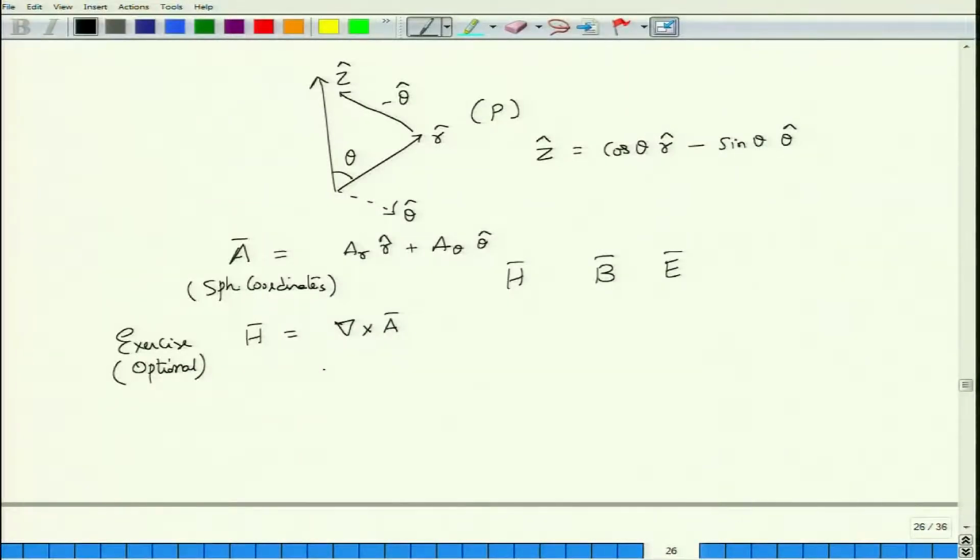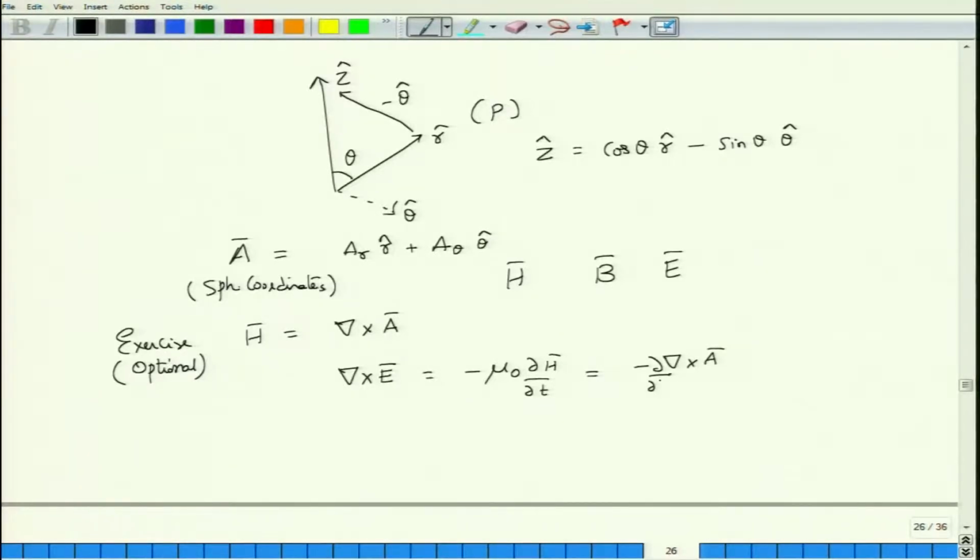Okay. In the remaining few minutes, what I would like to do is to relate this electric field E to the magnetic vector potential A. How can I do that? Well, we begin by going back to the equation which connects electric field to magnetic field: del cross E is equal to minus mu naught del H by del t. But I know that H can be written as del cross A by mu naught, and 1 by mu naught and mu naught cancel with each other. So this becomes minus del cross A.